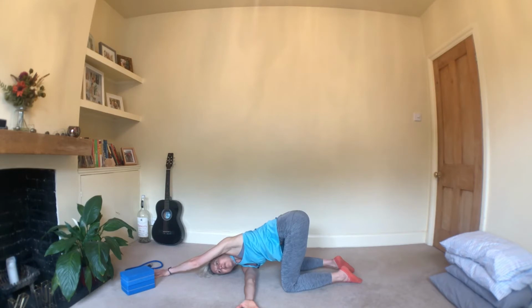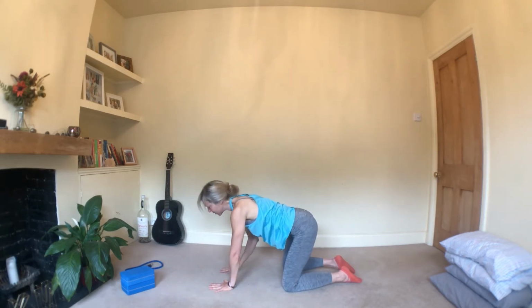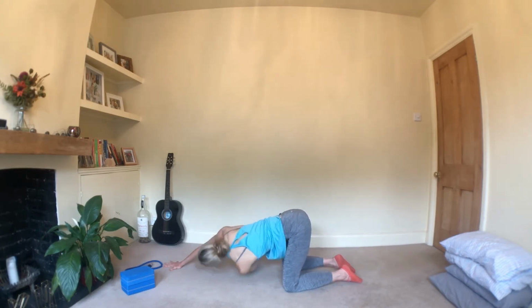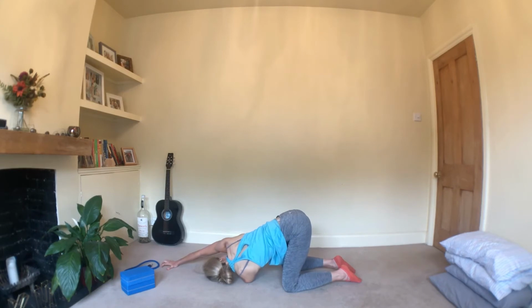Now slowly just unravel from this position, draw the left arm towards you, come back onto all fours and then just change sides. So now taking right arm forward, thread the left one through, taking the head to the floor, neck is nice and relaxed, and then just reaching that right arm forward